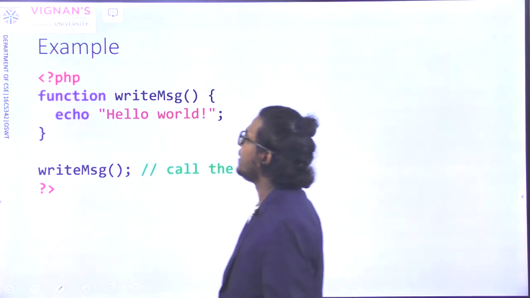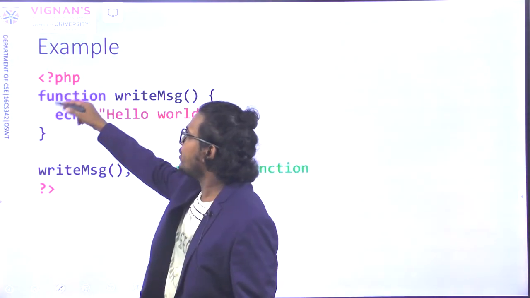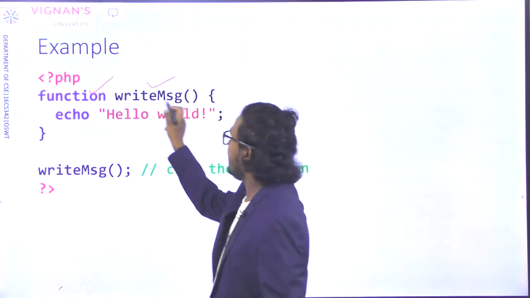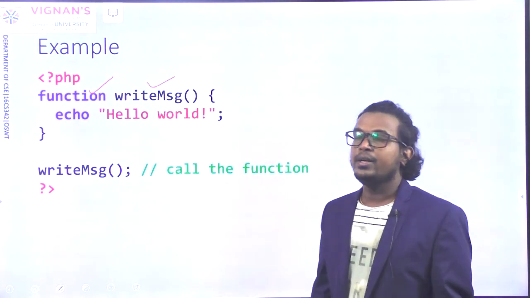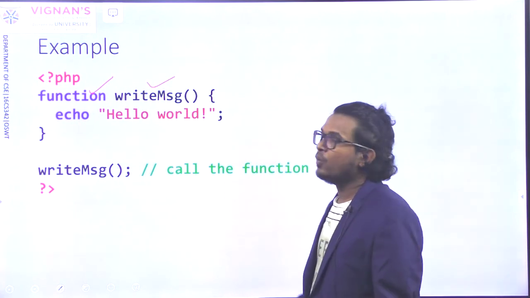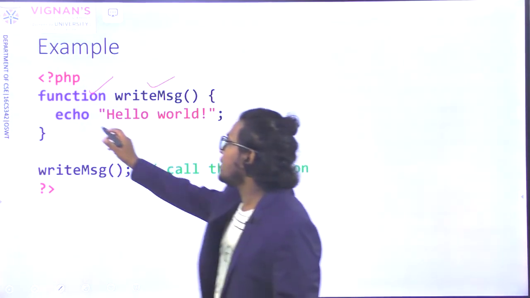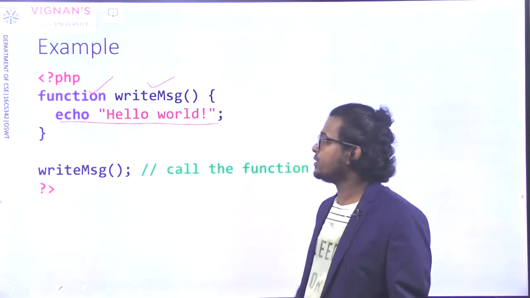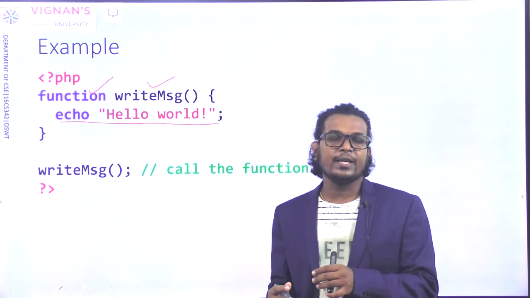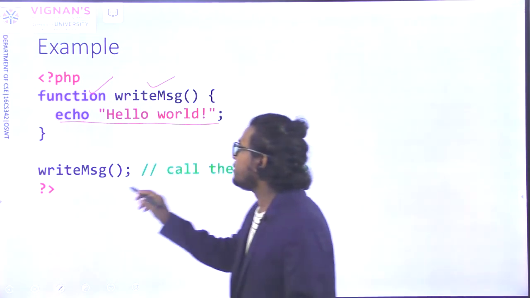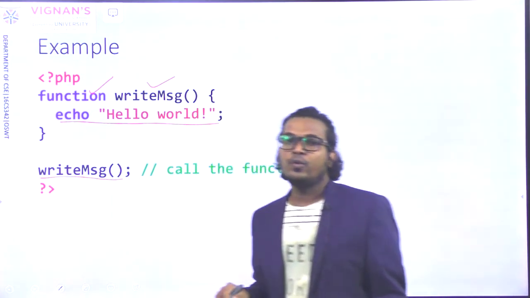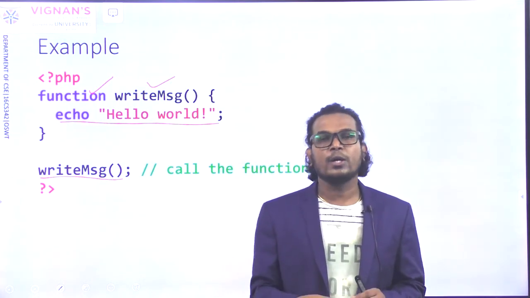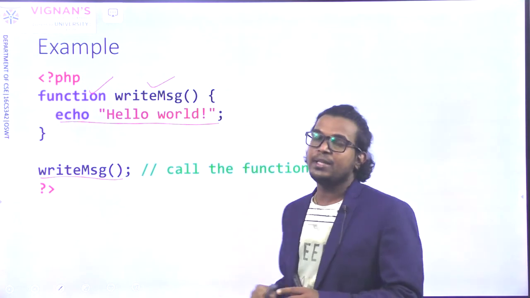Here I'm writing one function. First I'm writing the function name. My function name is write message. What I'm doing there is just printing the information. For printing that information, I'm writing one function. After your function creation is over, you call that function, then only that information will be displayed. If you are not calling that function, we are not printing that information.